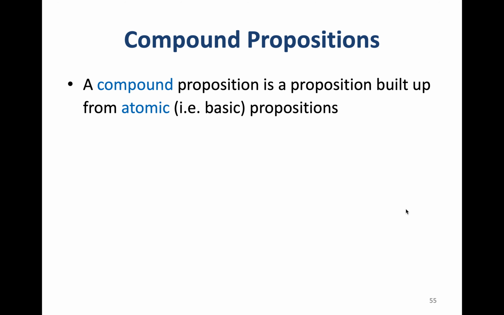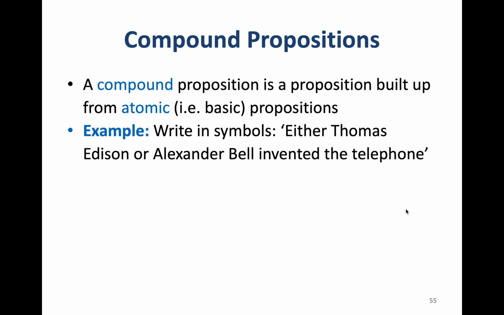Now we have a compound proposition if the proposition is built up of or from atomic, basic propositions. Let's see this example. We've got the statement: either Thomas Edison or Alexander Bell invented the telephone, and we need to write this in symbols. So first, let's assign the propositions to letters. So here we've got P, let's say, is